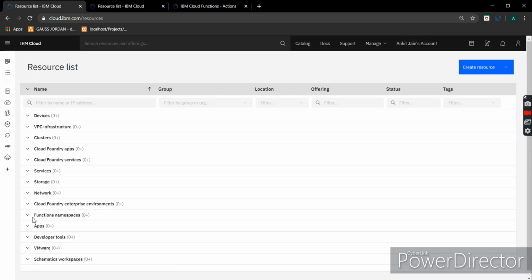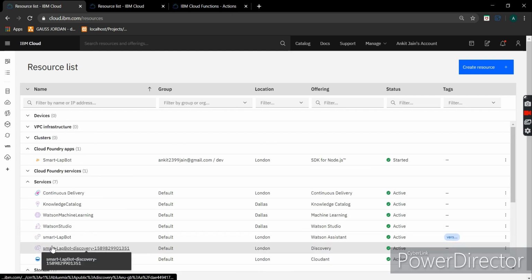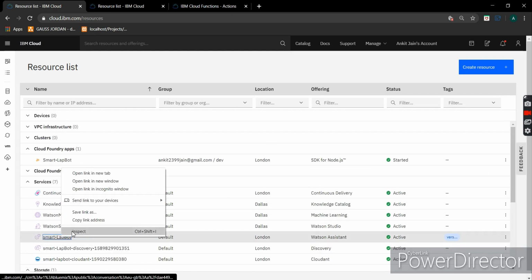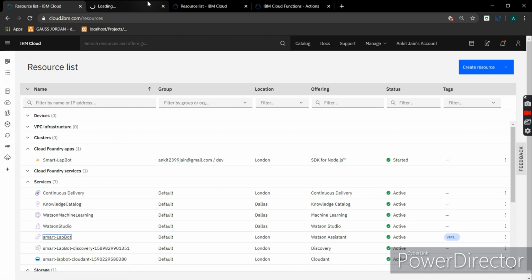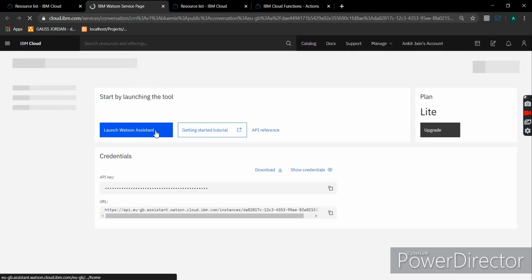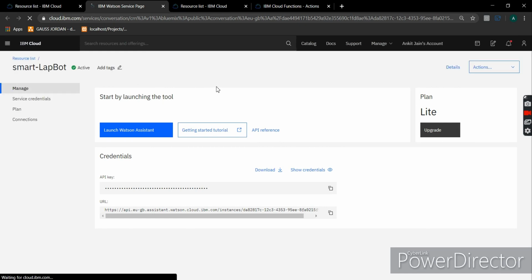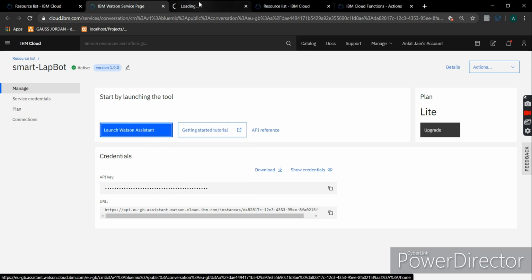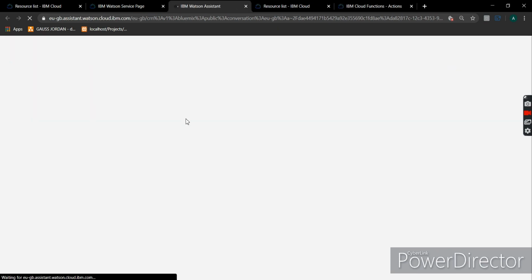Now in the resources tab, I am going to open my Watson Assistant. As you can see, the main IBM Watson service page opens up, and if I click on Launch Watson Assistant, it is going to take me to the interface.